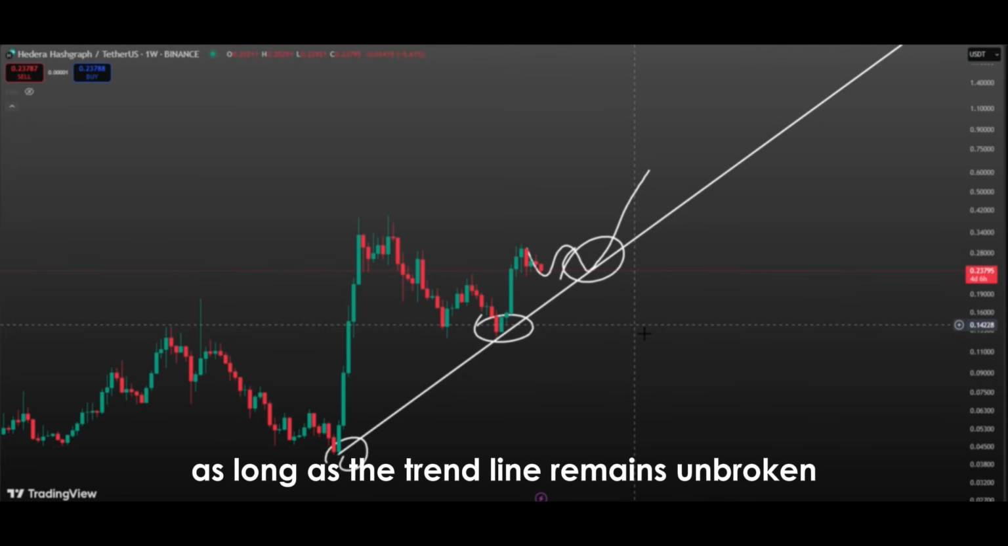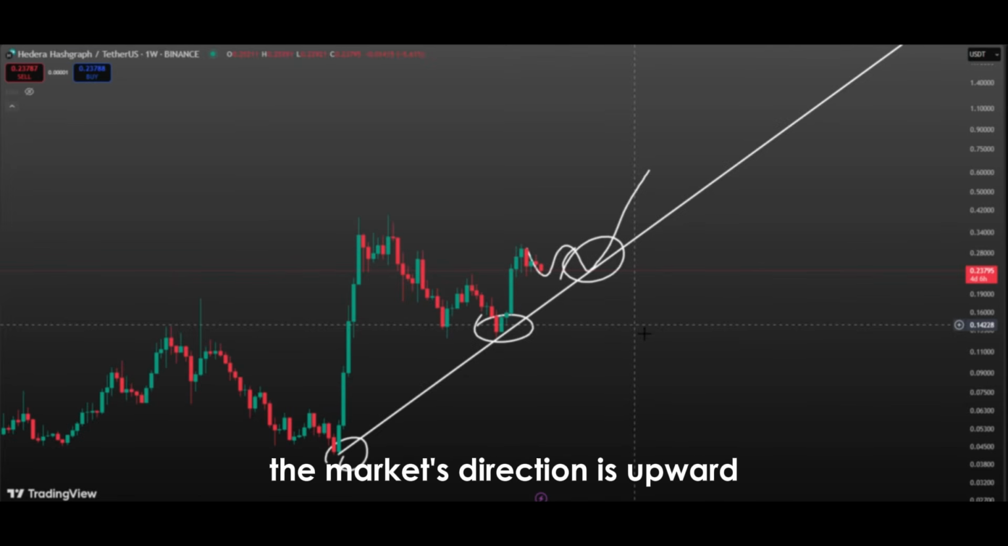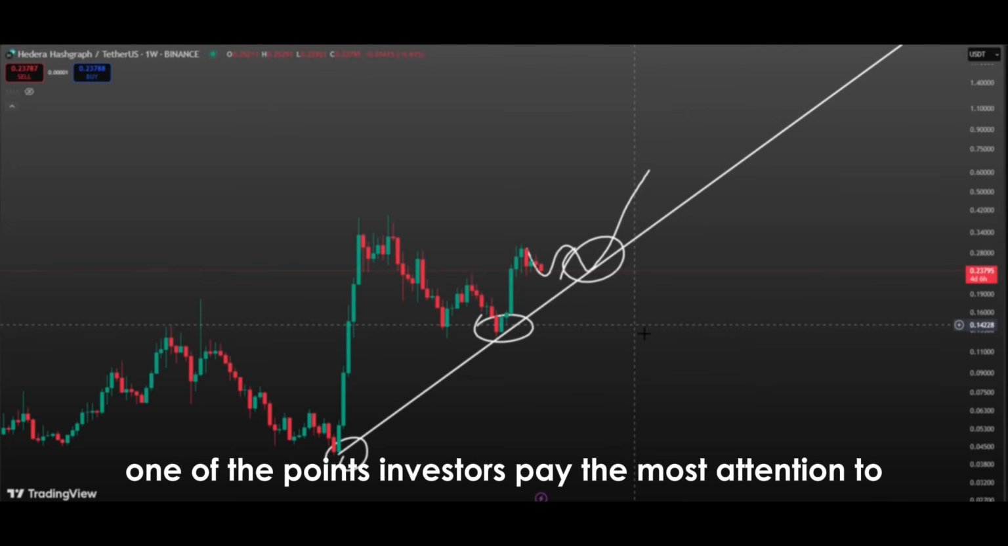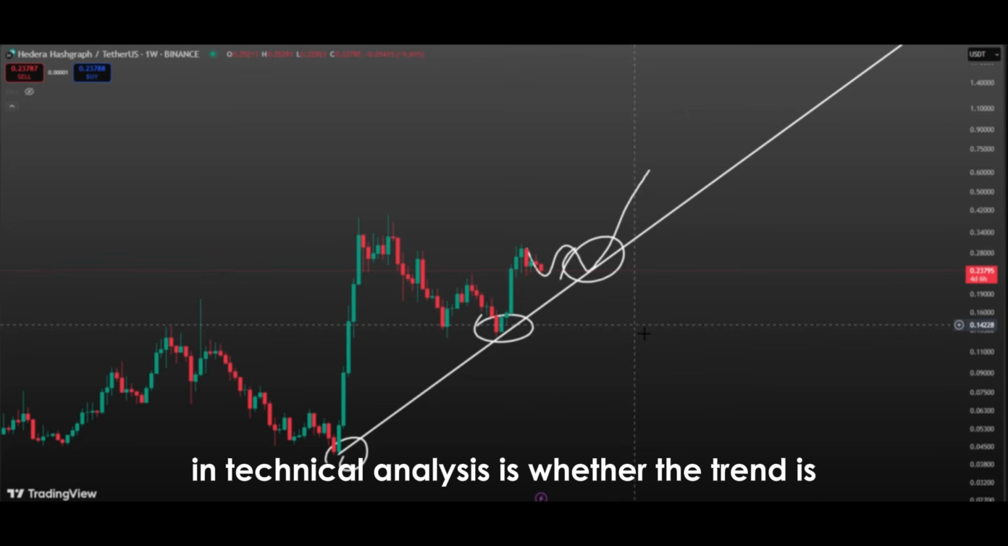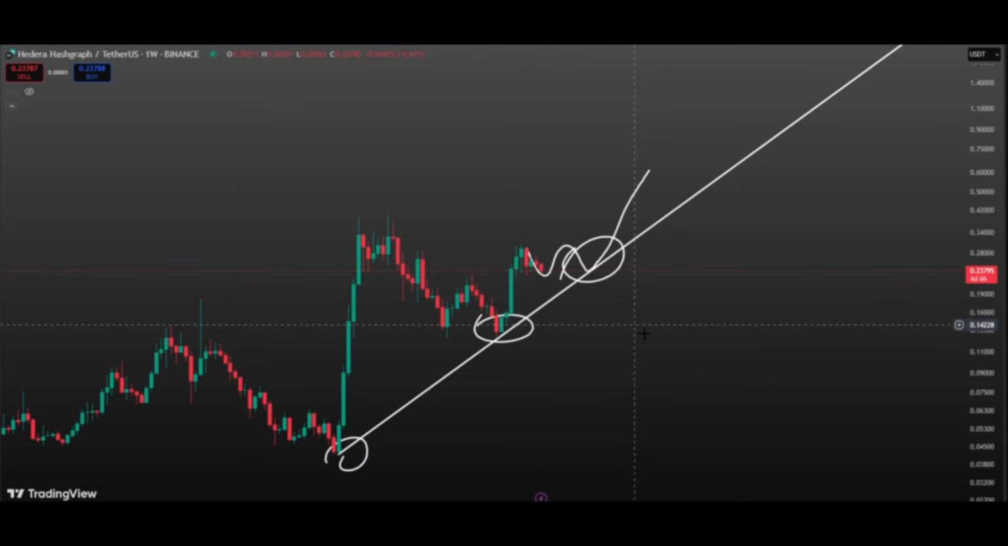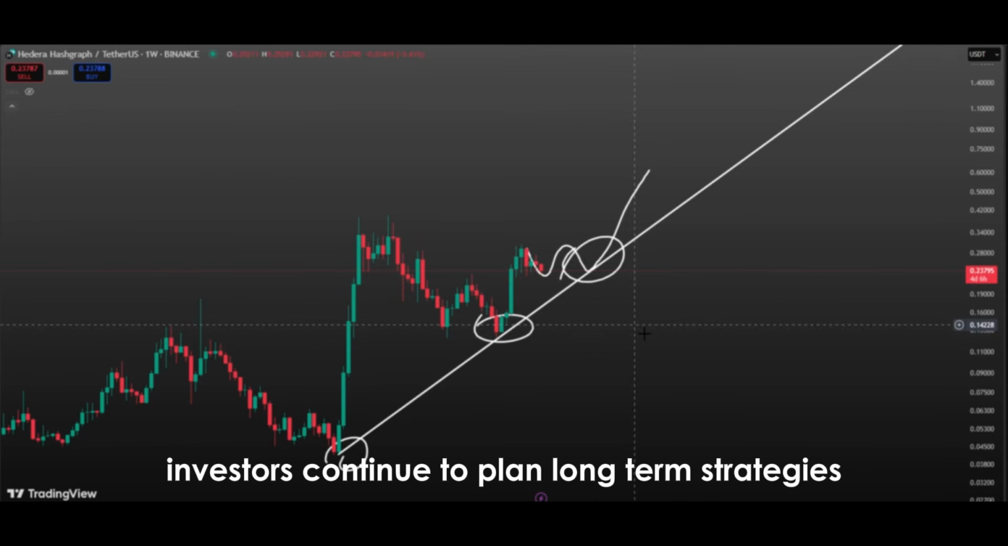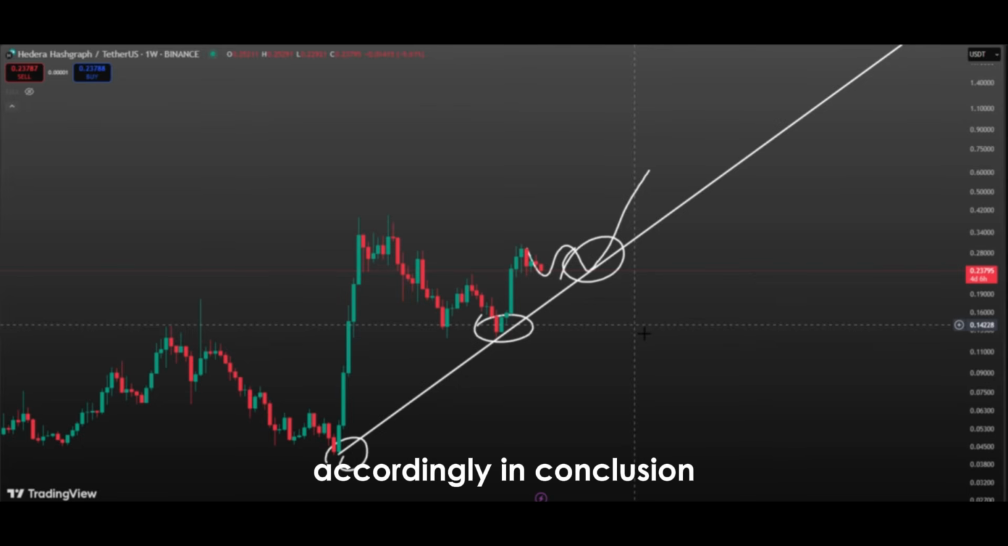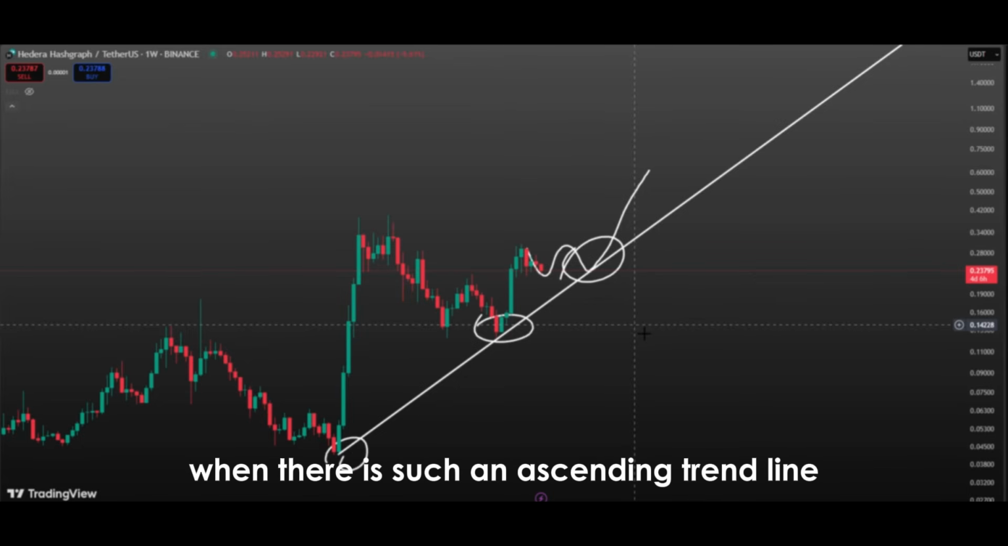As long as the trend line remains unbroken, the market's direction is upward. One of the points investors pay the most attention to in technical analysis is whether the trend is preserved. If the trend line remains valid, investors continue to plan long-term strategies accordingly. In conclusion, when there is such an ascending trend line and the price has the potential to return to it,